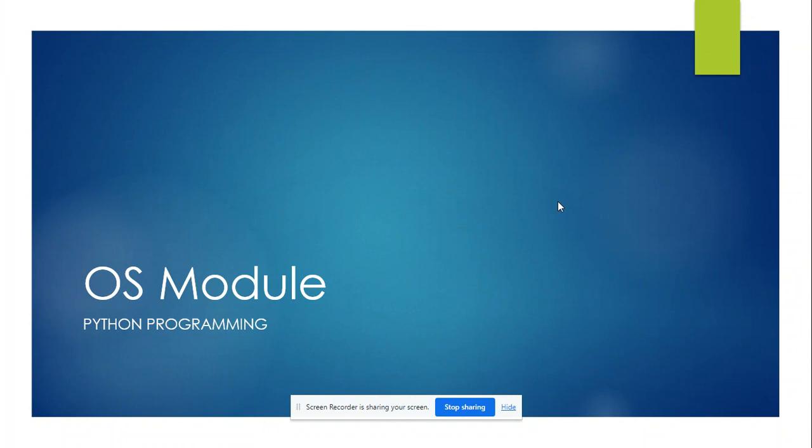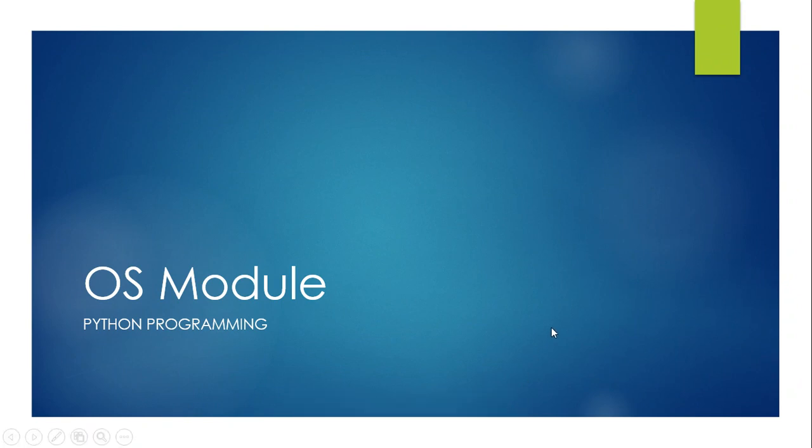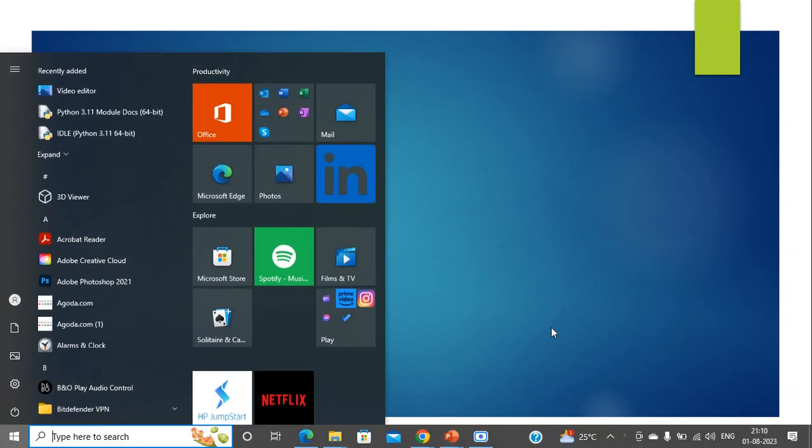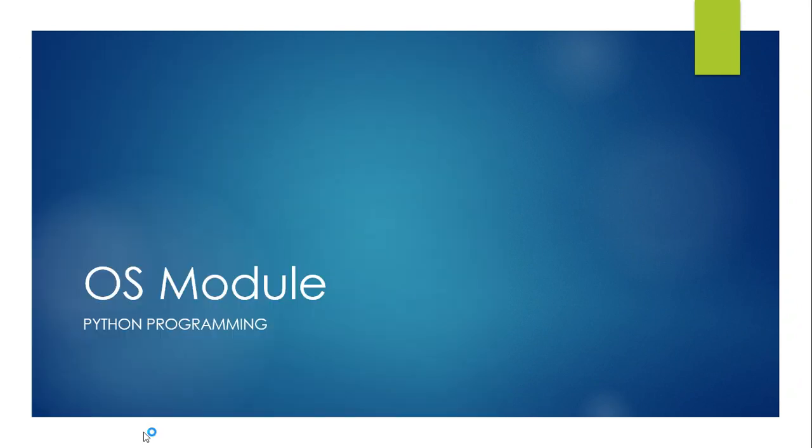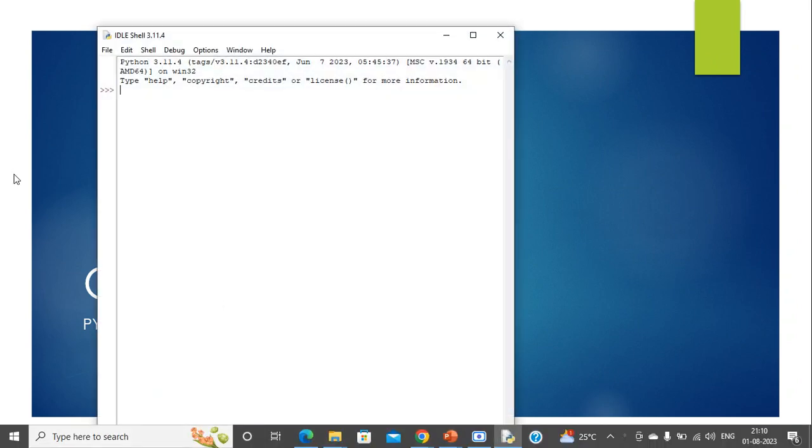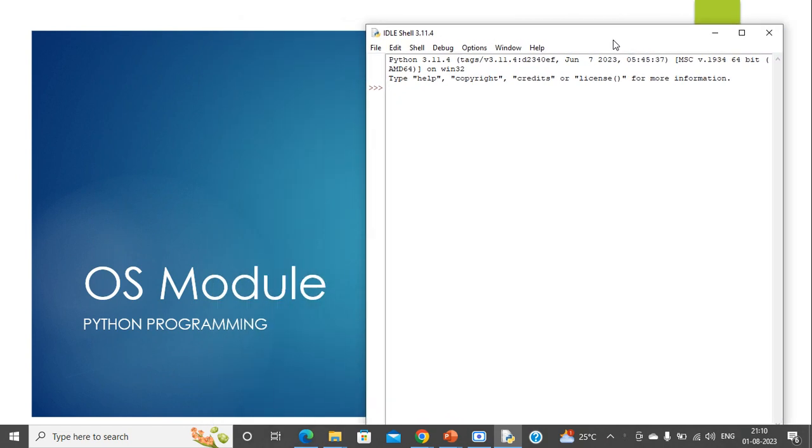Today we are going to see the OS module in Python. Let me show you what the purpose of this OS module is. Let me open IDLE Python. I'm opening that. So here you can see,